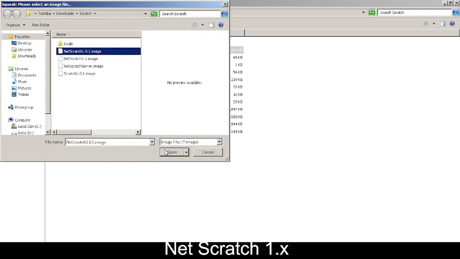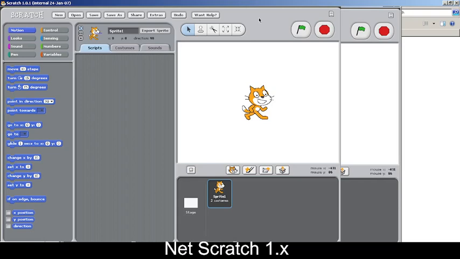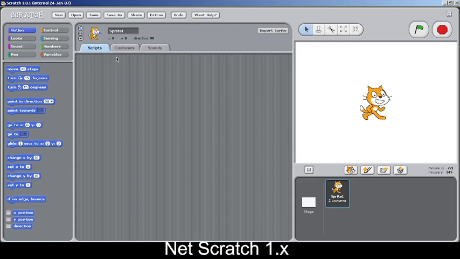This is only about the 1.x things, which means the 1.0. Oh sorry, I opened it twice. Okay, here we have Net Scratch opened, and you can see that the menu bar is almost the same as the 1.0 version, but the difference is